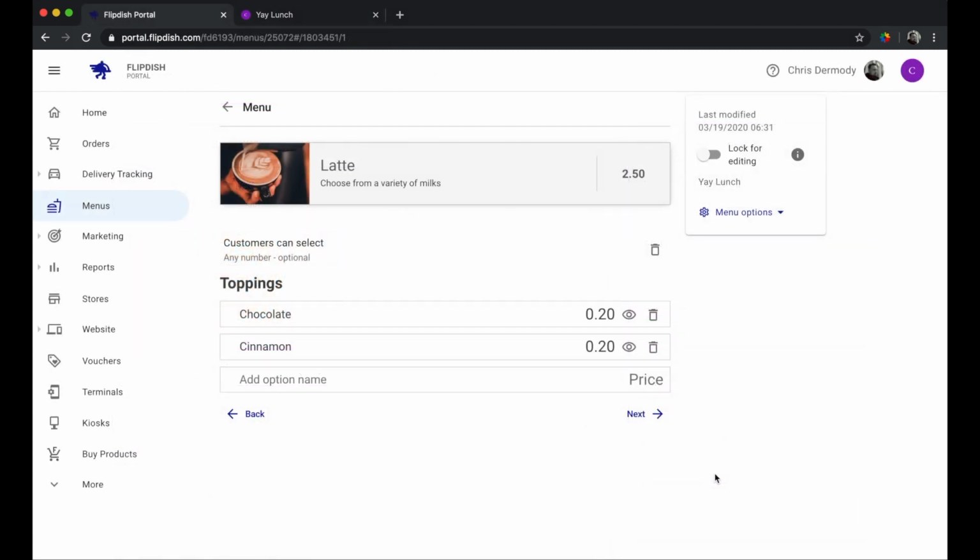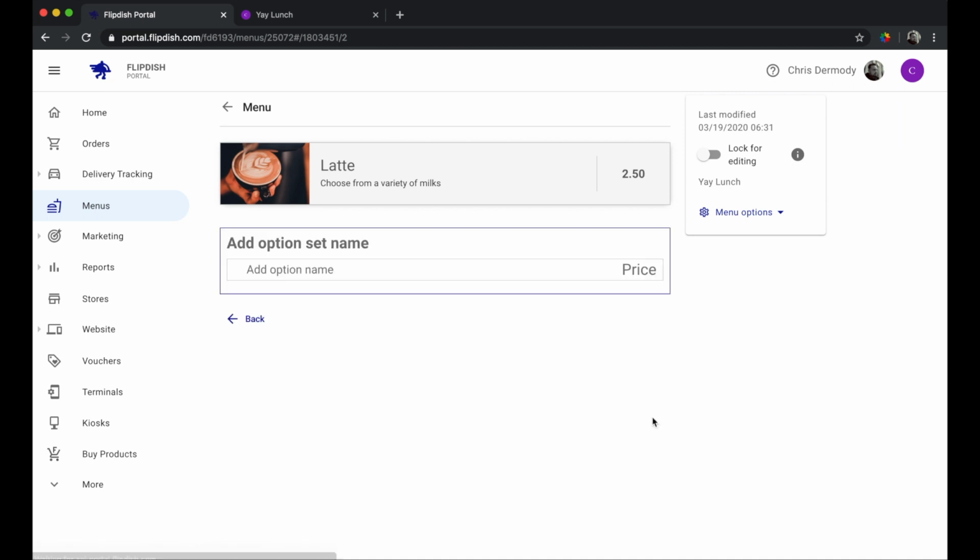Next, let's add in some upsells. So option sets are a really good way to increase your average order size by letting your customers add other items to their basket during the order flow for their item. So let's see that in action. If we click next here, we create a new option set. As option set name, we'll add